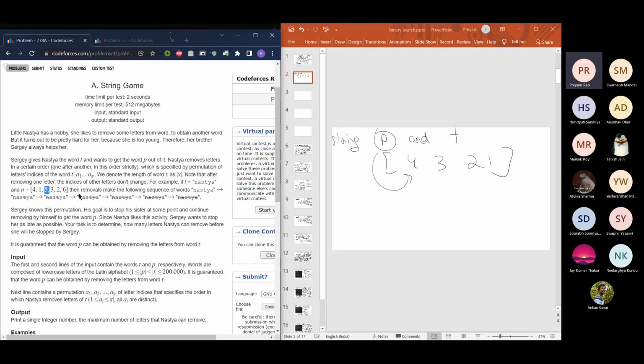Then we look at 5, find 5: 1, 2, 3, 4, 5. Remove the fifth element, right? Remove the third element, second element, and remove the sixth element. So essentially,